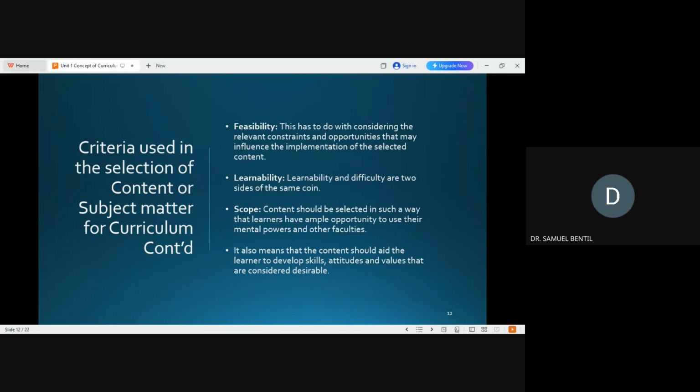Is the content, vis-a-vis the learner's age, characteristics, way of learning, their level of maturity and assimilation, something they are able to learn? Or is it below them, or is it beyond them? So learnability looks at all these characteristics to ensure that whatever course you are selecting for the learners to do, it is within their level of development, their level of understanding, their level of maturity to do it. And it is not too difficult for them to give up whenever they are going through it. And that's what we term as learnability.